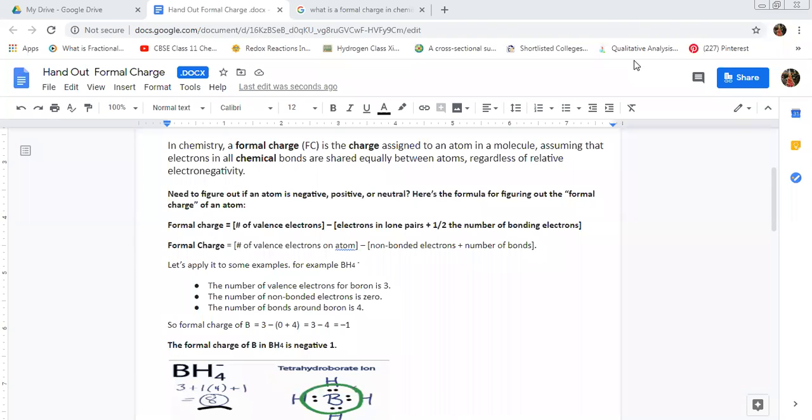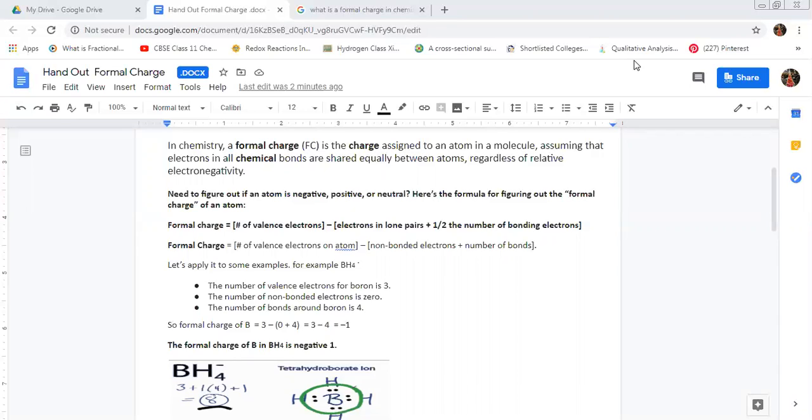We will start with formal charge as it's an important part of chemistry. After the bond formation, after the Lewis octet rule, after the Lewis dot structure, once we are done with the structure of an atom, we need to calculate the formal charge of the atom. In a particular compound, we can calculate the formal charge of each atom present in that compound. And it's not necessary that all the atoms will have the similar formal charge.